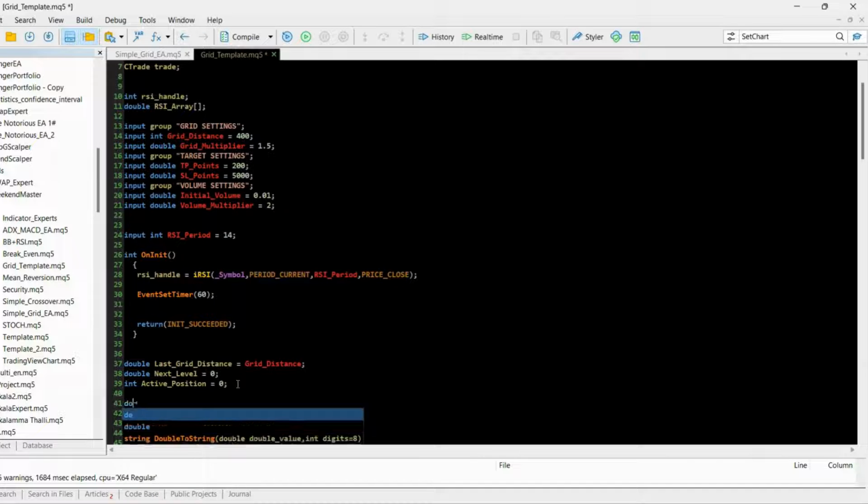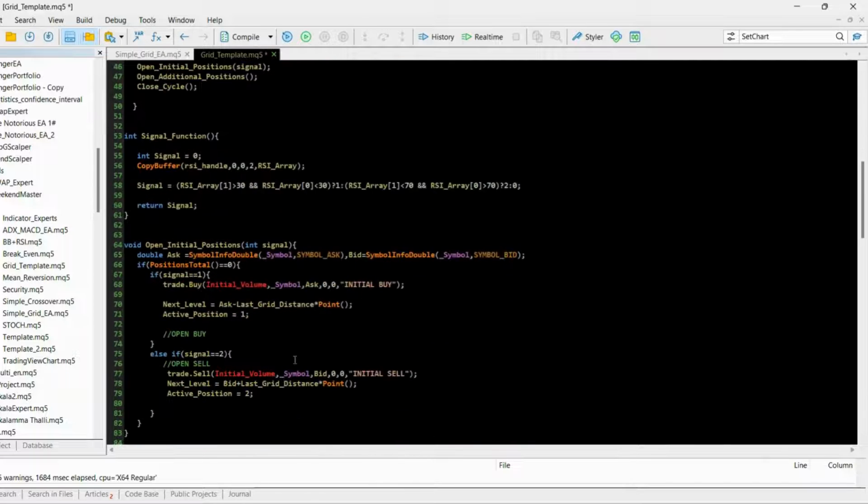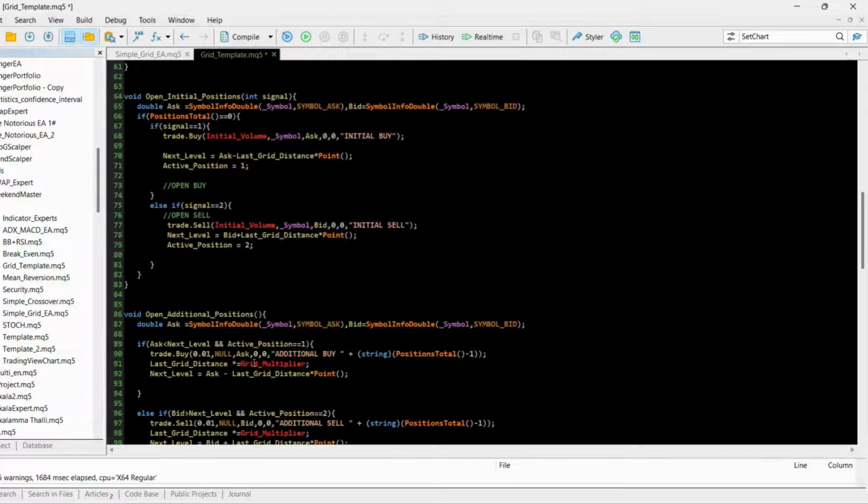Let's create a double variable called last volume, which is equal to initial volume, and that's all we need. So I can leave the initial volume right here, and then what I want to do is to call last volume